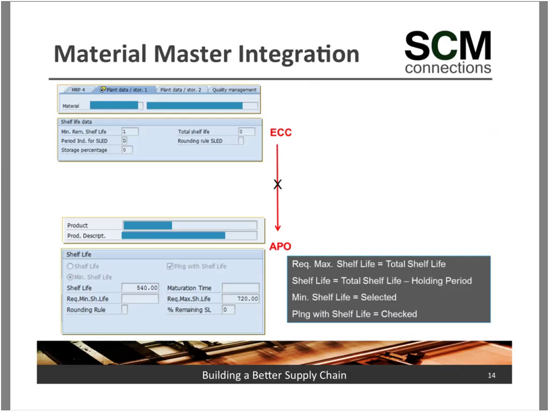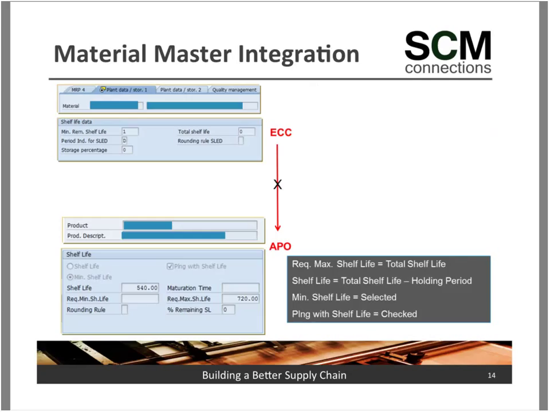So I'll try to step it up a little here. I know we are going to try and cover the PPDS side of things as well, but it's important you understand, from an S&P standpoint, how the integration works. So this again is some more detail on how we brought that data over. So again, you've got your master data in ECC, you've got your master data in APO. So really not relevant for what we did from a master data standpoint,